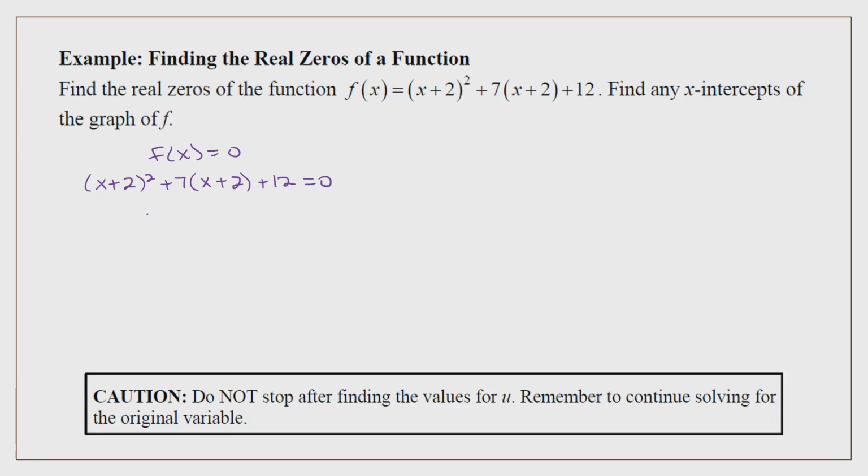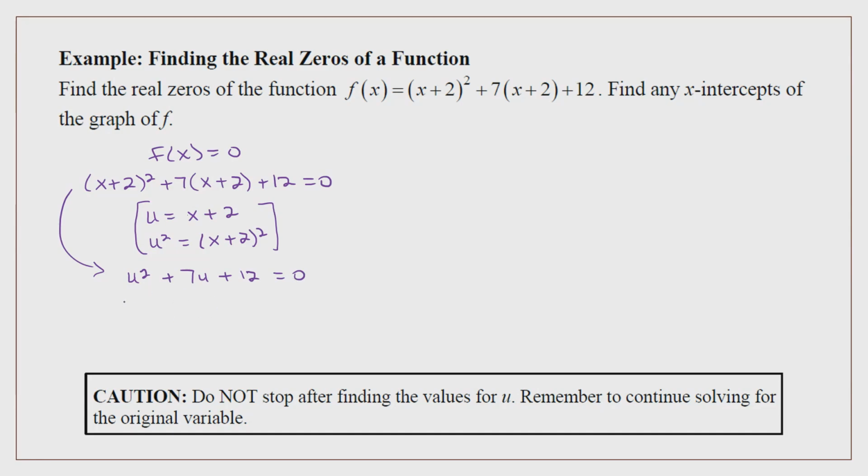So we're going to set u equal to x plus 2, which means u squared is going to be (x plus 2) squared. So rewriting this in terms of u, I now have u squared plus 7u plus 12 equals 0,